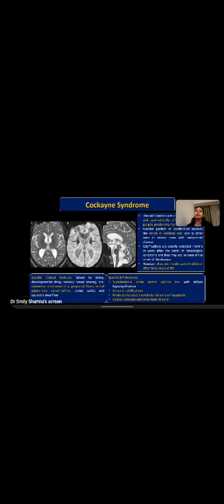But what important pattern we should remember on MR is, apart from diffuse hypomyelination, there is presence of calcifications. Now, these calcifications are usually homogeneous, involving the putamina, but in severe cases, they can also involve the depth of the sulci as well. And these calcifications may not be present at the outset, especially if the child is less than a few years of age. On SWI, we may sometimes see calcifications, but if